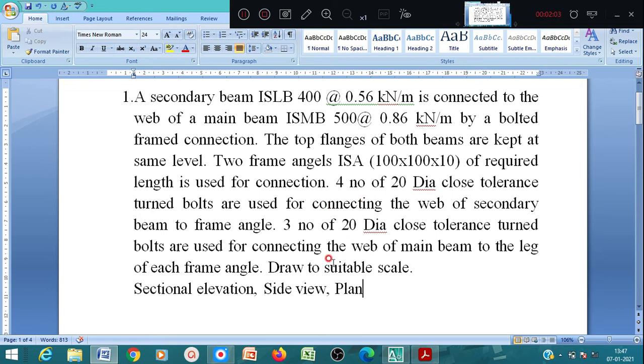We have to draw the sectional elevation, side view and plan with a suitable scale.